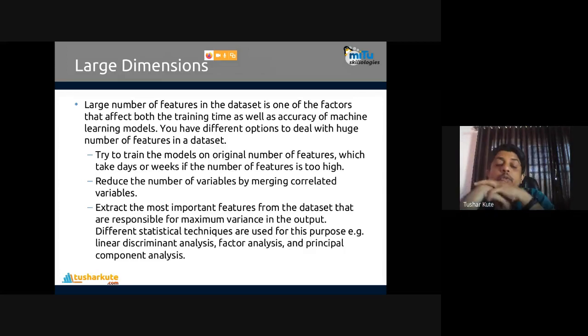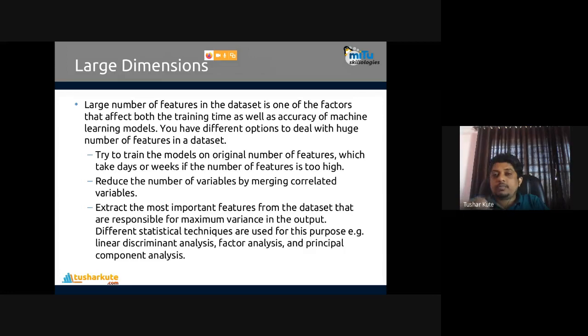So what we will do instead is reduce the number of variables by merging correlated variables. That's possible. Is a variable correlated? We can find it by using the correlation coefficient, or we can apply logic. Let's say in a dataset two columns are there: the first column is date of birth, the second column is age.